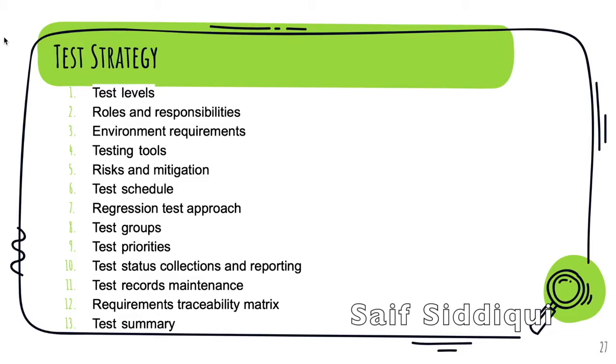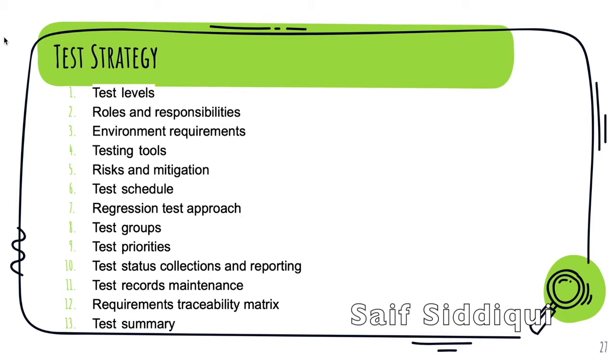Test schedule, when we are going to start the test, when we are going to finish the test, all the testing related schedules we are going to define. Regression test approach, what all test cases we are going to use for regression purpose, we need to define those. Test groups, so basically in test groups we define all similar kinds of test cases together. Maybe there is one functionality for search flight that will be in one test group, then there is another functionality for adding coupon in a payment gateway, so that will be another group of test cases.